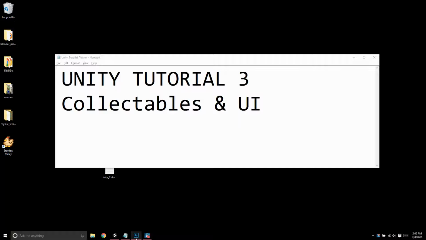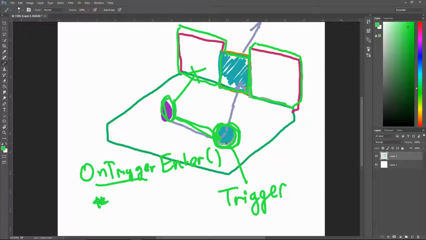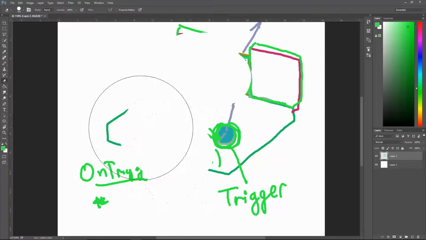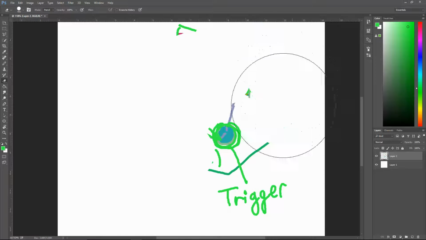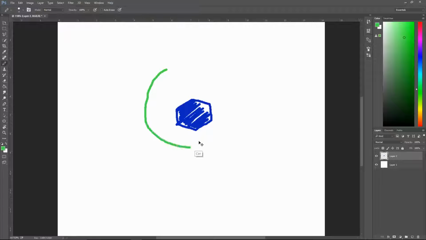Okay, so last time we did this key and the door. Collectibles are going to work in a very similar way. They're going to use the trigger. For this tutorial, our collectibles are going to be some little blue cubes. They're going to be really tiny, so I want to make the trigger a little bigger. So we're going to add a sphere trigger around our cubes,